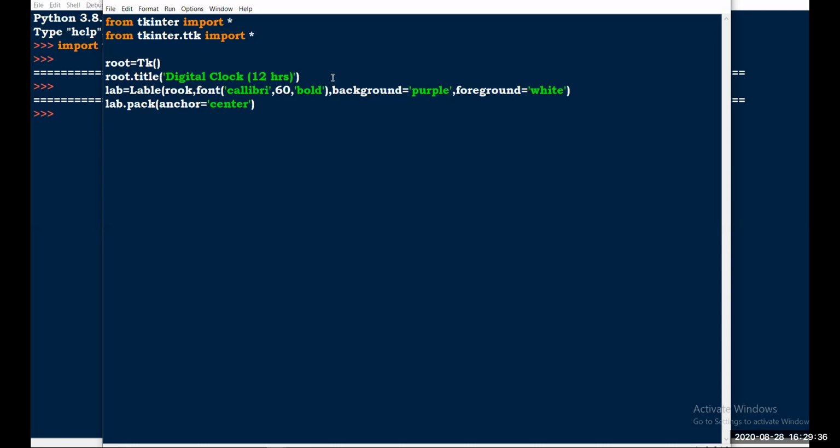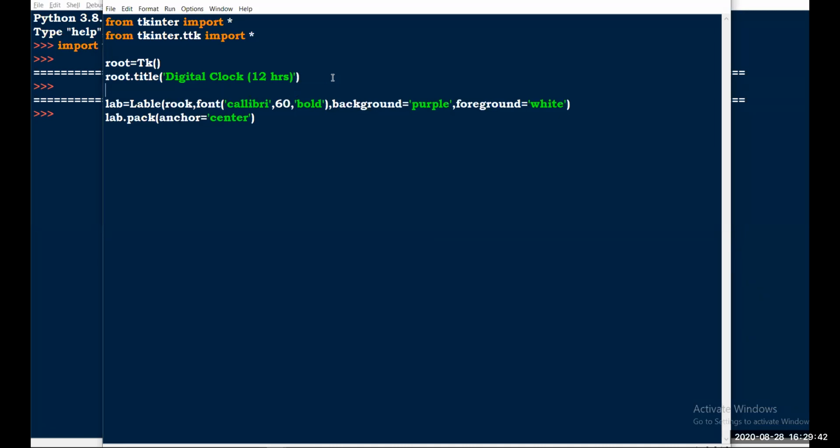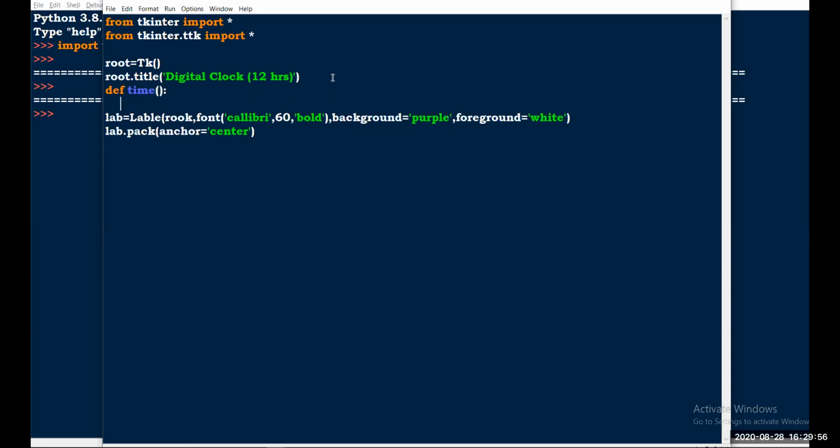Then we need a function for displaying time. Here I'm going to create def time, that is my function. I'm going to give colon, and here I'm going to give s equal to.